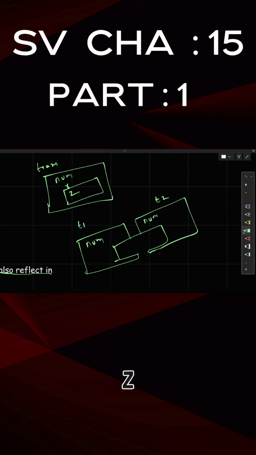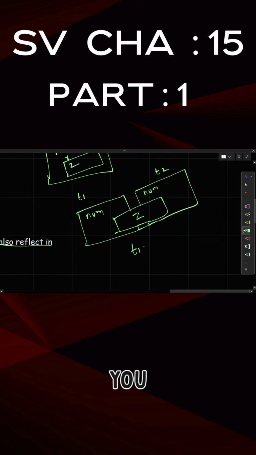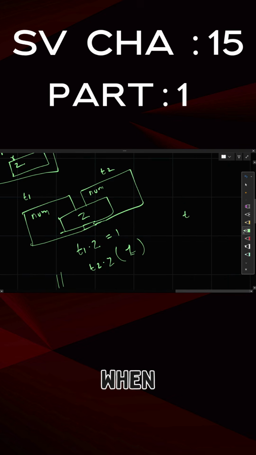But what will happen in shallow copy is that this memory, which is our Z memory, will not be copied. Z will have a shared memory. Now the effect is that whenever you change t1.z equal to 1, t2.z will also display 1. This is for the display statement. And when you change t2.z equal to 1, then t1 will also